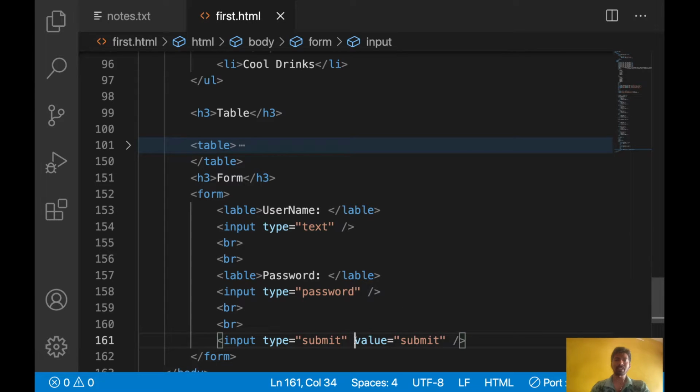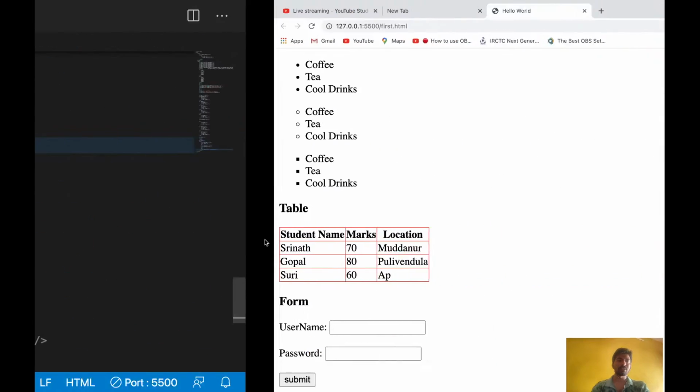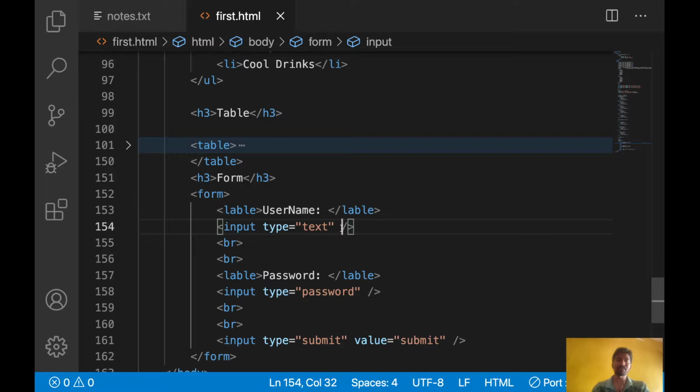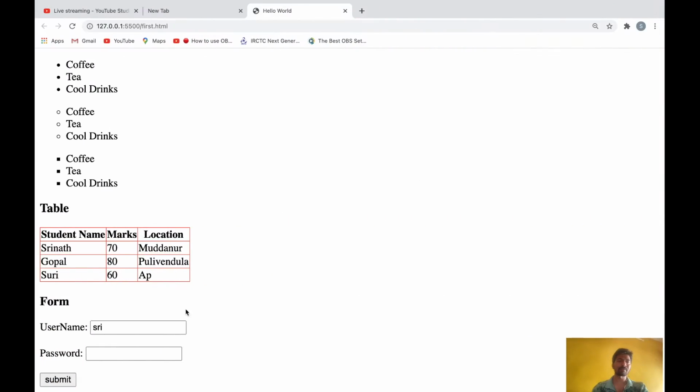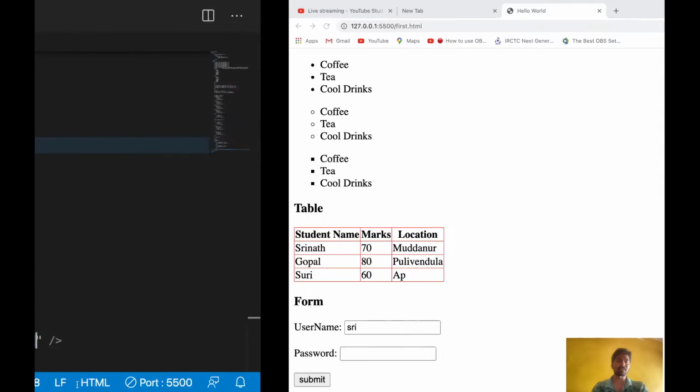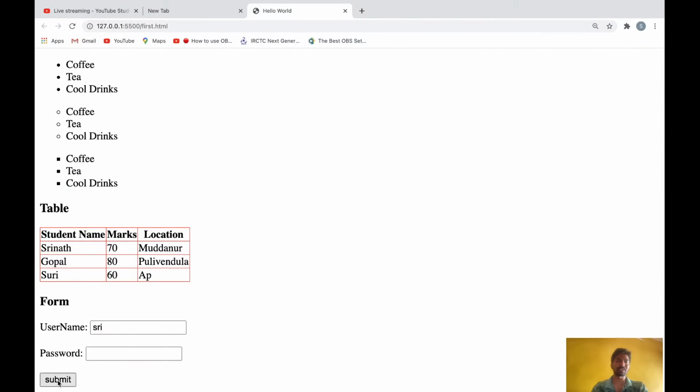So let's come to the value part. By default here nothing is coming, right? If I want to put something while the page loads, then you can use this value. Let's say value equal to some default I want to show, src. Then if you see here, without typing it is coming. That is the use of the value actually. In this case, value will display inside the button.